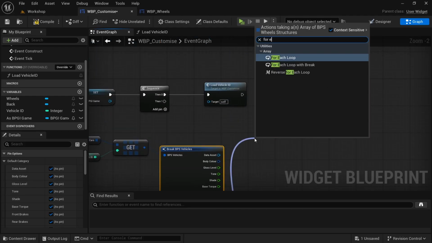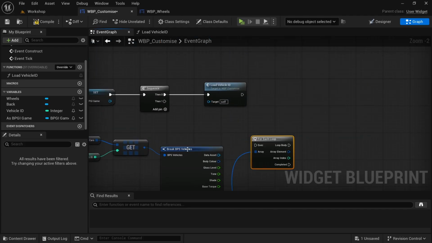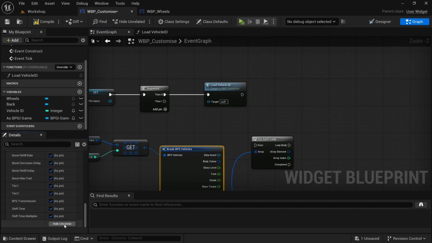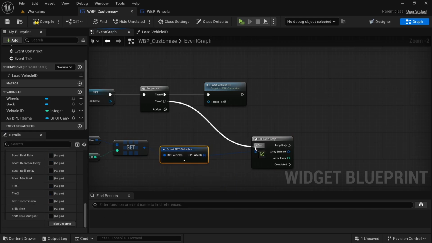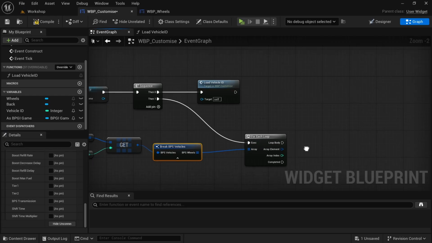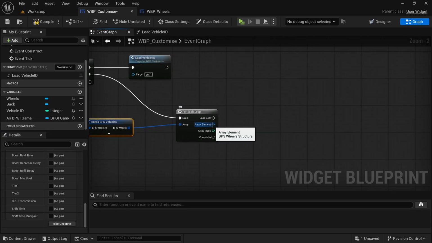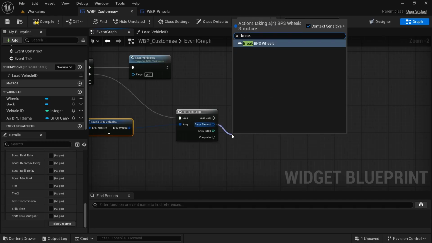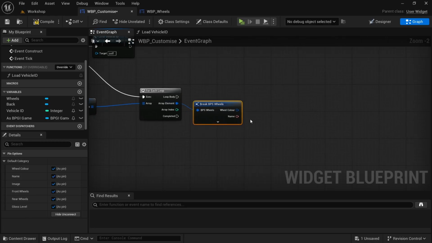Then we'll look for for each loop, select the break, hide unconnected. From the then 1 from the sequence, connect it to the for each loop, and then from the array element, drag off and then break BPS wheels, and then from the loop body, drag off, and then we're going to